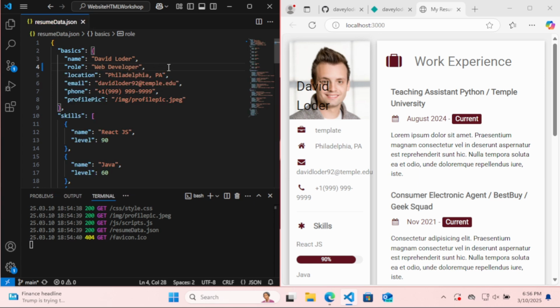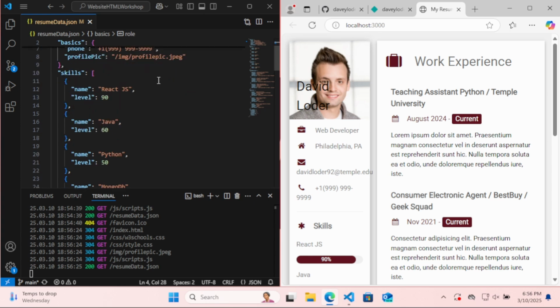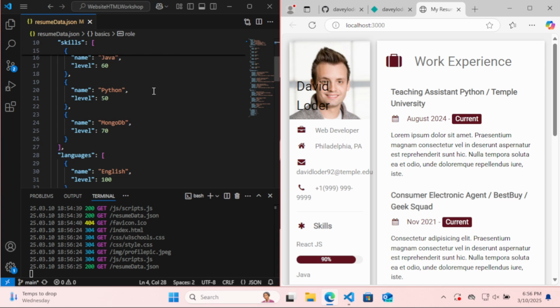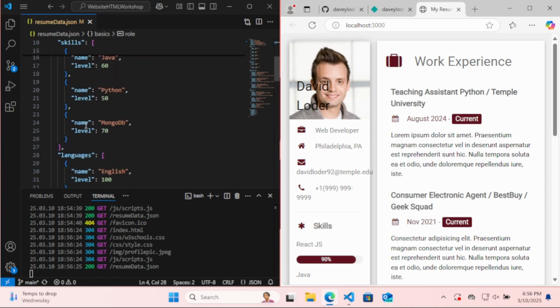Once I hit save, I do have to refresh the page, but once I do that, the information here just updated. The nice thing is that this JSON file is set up so that if you have additional information you want to add or change, you can do so. Everything that is in here is part of either an object or an array. And as long as you keep the same templates, for example, I'm really good at React.js, but I also like to talk a lot. So what if I copy and paste this,